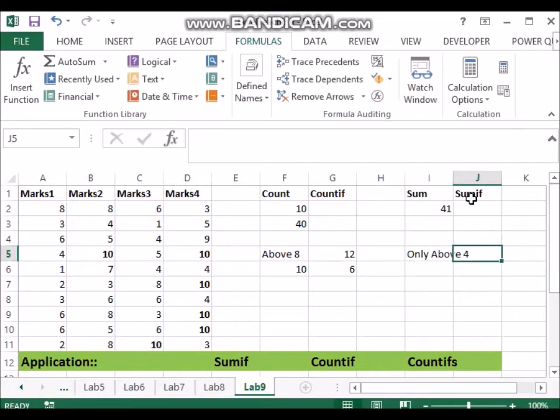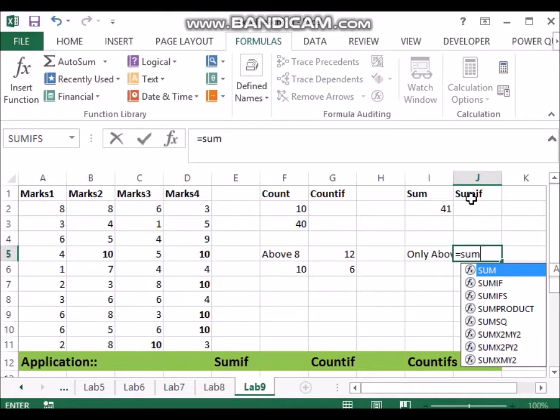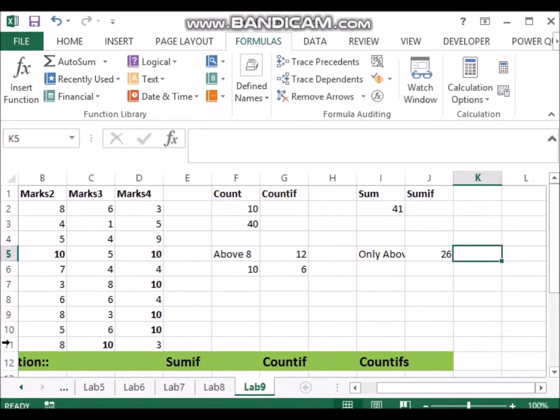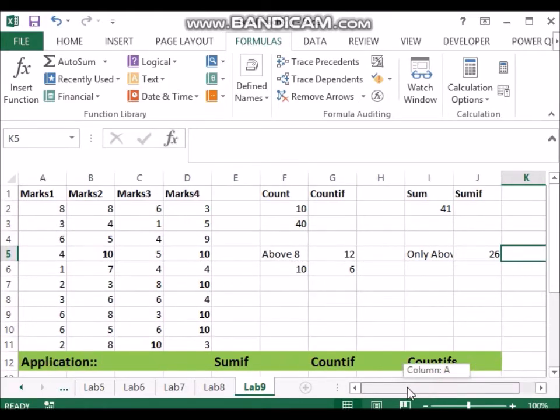For people who got above 4, I'll write SUMIF, and this time I will give the range as this, and I want you to sum only those who are above 4. So let's give the criteria as greater than 4, and when I press enter, it shows 26 is the total.